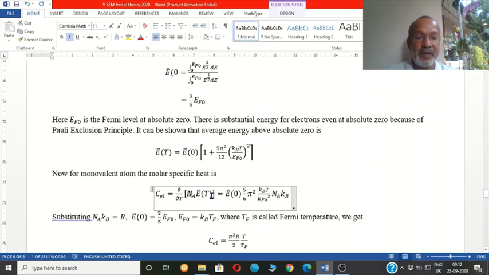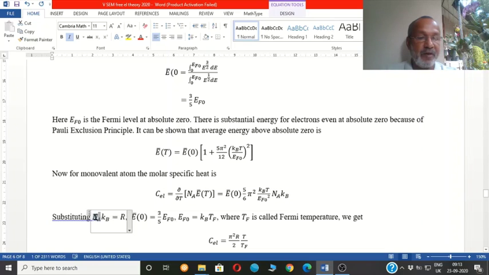So total energy per unit temperature difference, so delta E by delta T. So you have to differentiate this. So Na multiplied by E bar at T. So Na multiplied by this. So differentiate. The derivative of 1 will be 0, and here if you take the derivative, the variable is appearing here only, T square, and the derivative of T square is 2T. That 2 will cancel with this 12, so you will get a 6 here, and there is a kB square, that is constant.